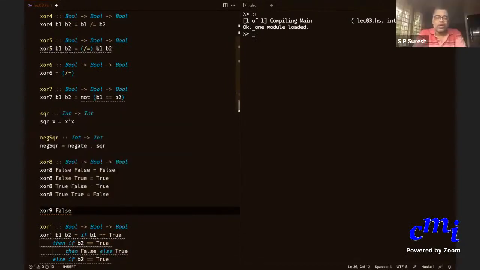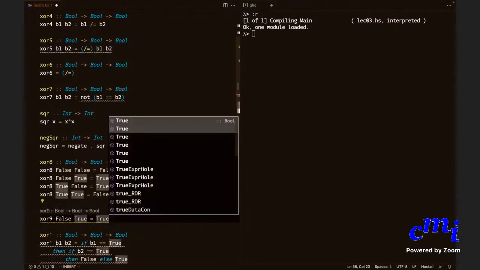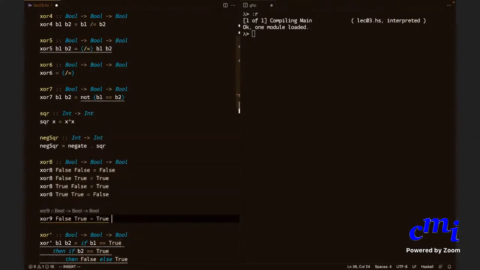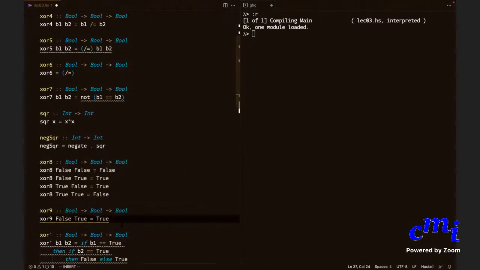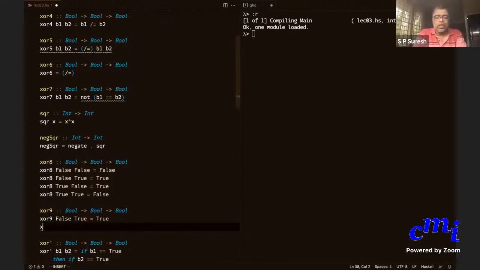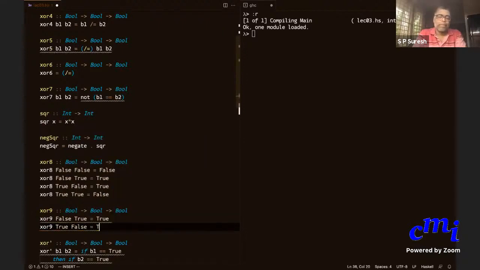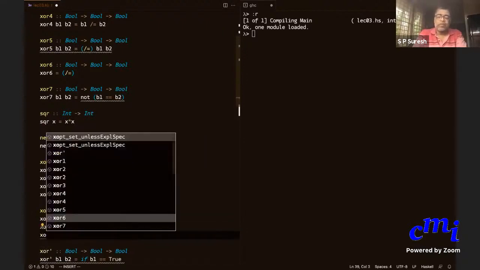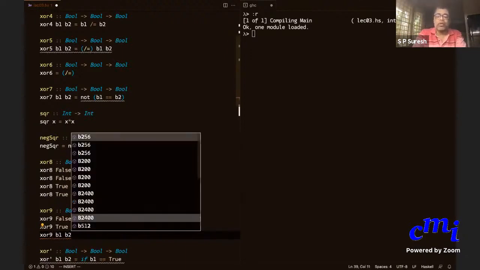So XOR 9 of false true is true. What I'm saying is I can give some cases exhaustively and the others bunch them up together. I will say XOR 9 of B1, B2 equals false.